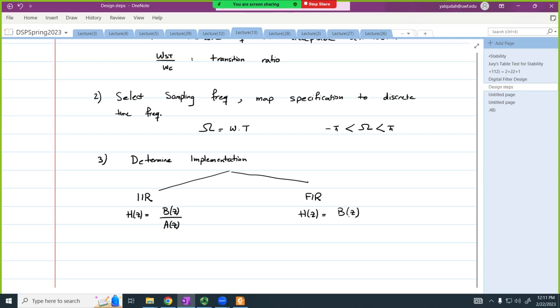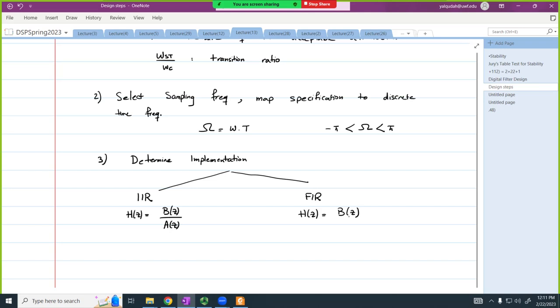Why does the FIR filter not have A of Z? It's real time. No. What else? Why does the FIR filter look like this and the IIR filter look like this? It's only on the input. Yes, and that means,